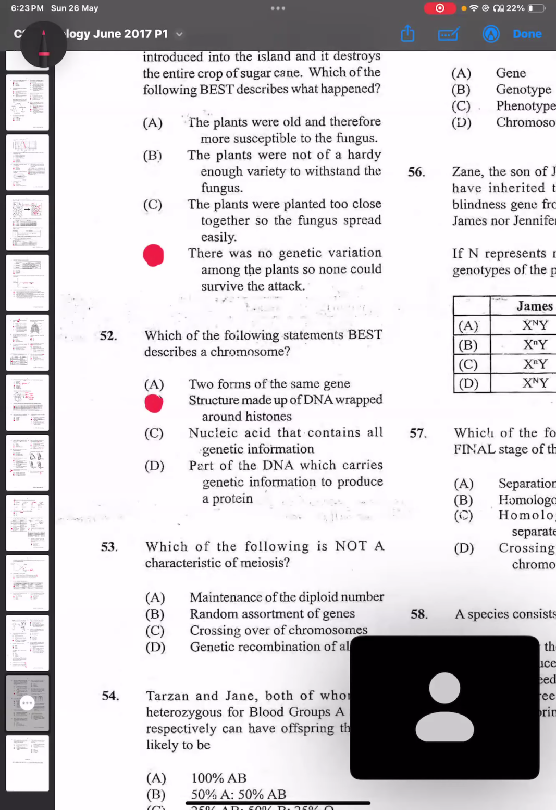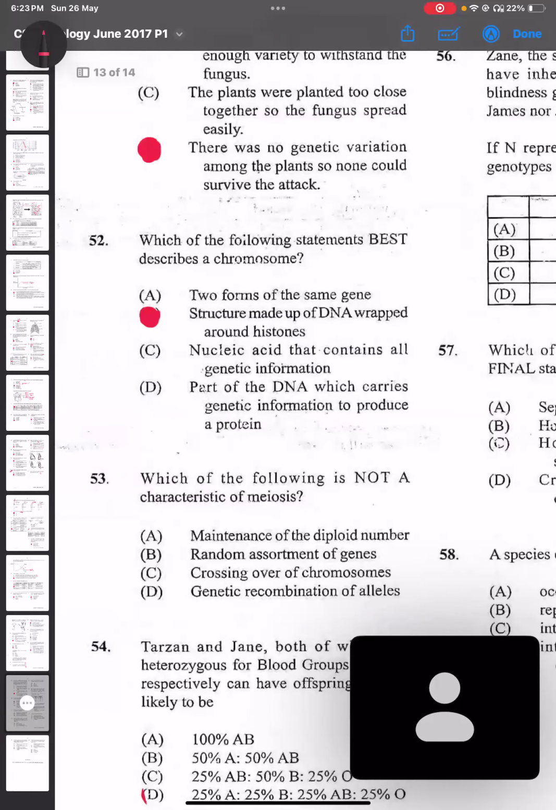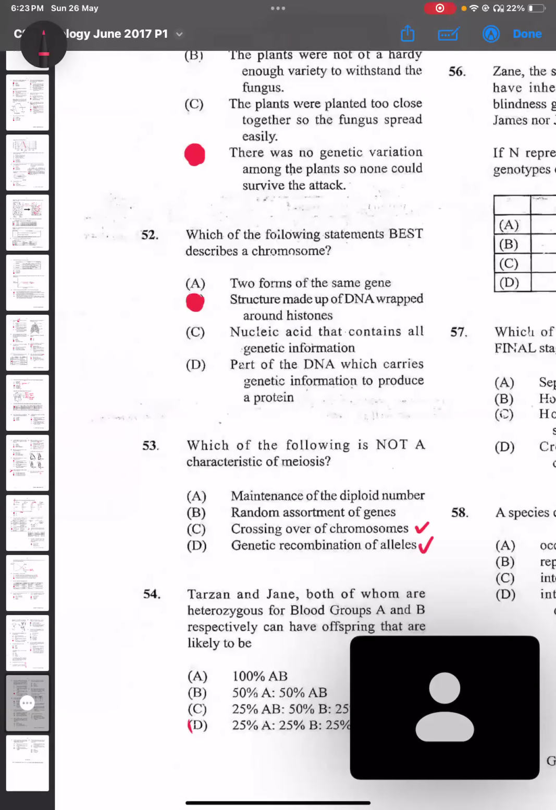Number 43, which is not a characteristic of meiosis. We know that it was this. It does not maintain the diploid number while it is happening. Afterwards, when you have the combination of the gametes, it does, but when it is actually happening, it's not maintaining the number because it puts it in half. Then this one,